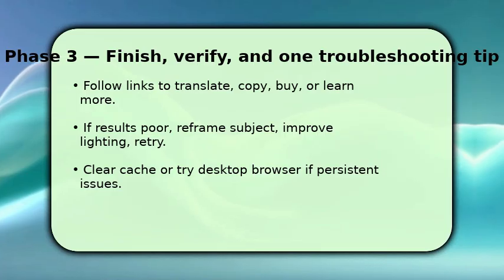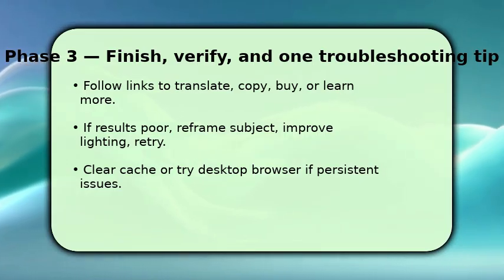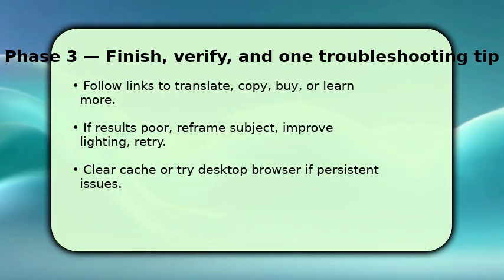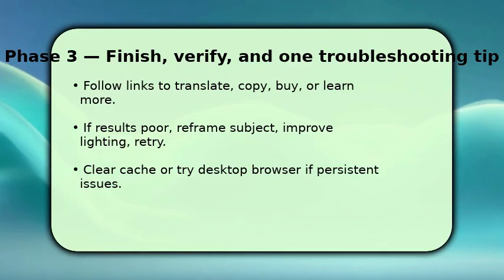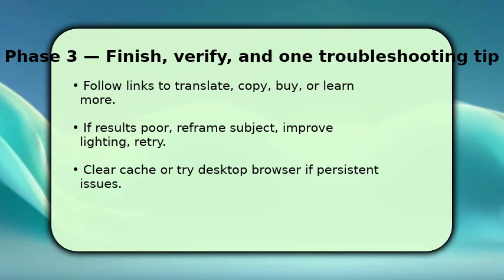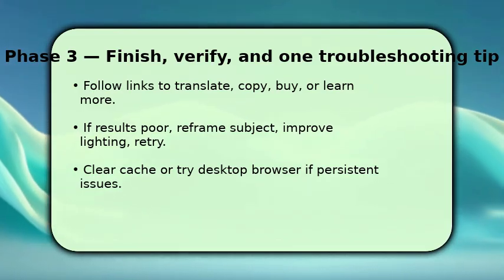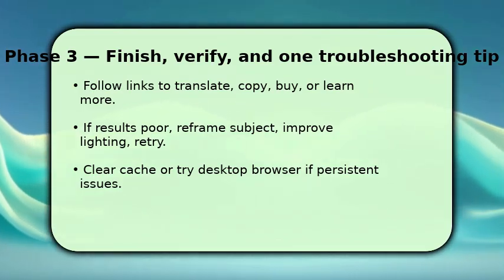If Lens returns weak or irrelevant matches, reframe the subject, improve lighting, reduce background clutter, and try again. Better contrast helps the model. When problems persist, clear the browser cache, ensure camera permission is enabled, or switch to a desktop browser. These steps usually fix permission or compatibility issues and get